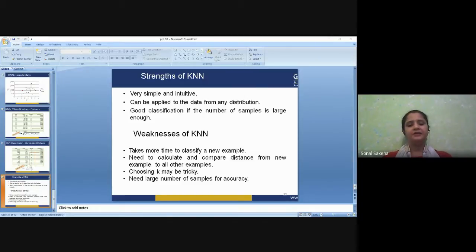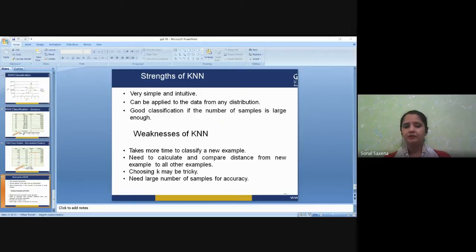Now, one of the disadvantages could be that the classification cost here could be very high, and a large amount of memory is required to store the samples, the previously recognized instances. As I already told you, KNN is based on the previous instances. It is based on instance learning. That is why we need a lot of memory to store that data. And each query involves starting the identification of a local model from scratch.